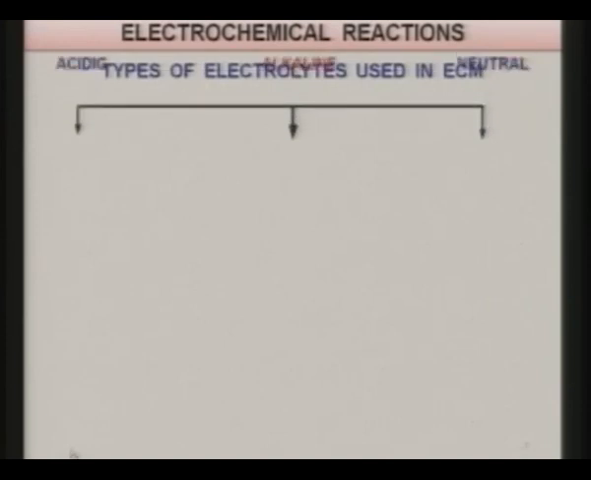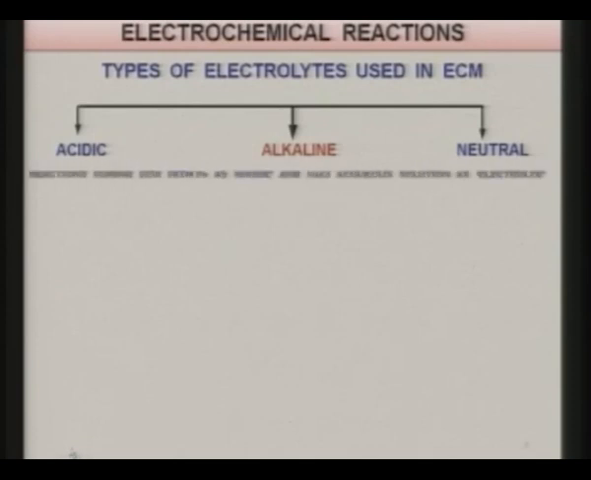Now, there are various kinds of electrolytes which are used in the electrochemical machining process. Some of them are acidic in nature, some are alkaline in nature, and some are neutral salts. Reactions during electrochemical machining, while machining iron, Fe, as anode and sodium chloride,